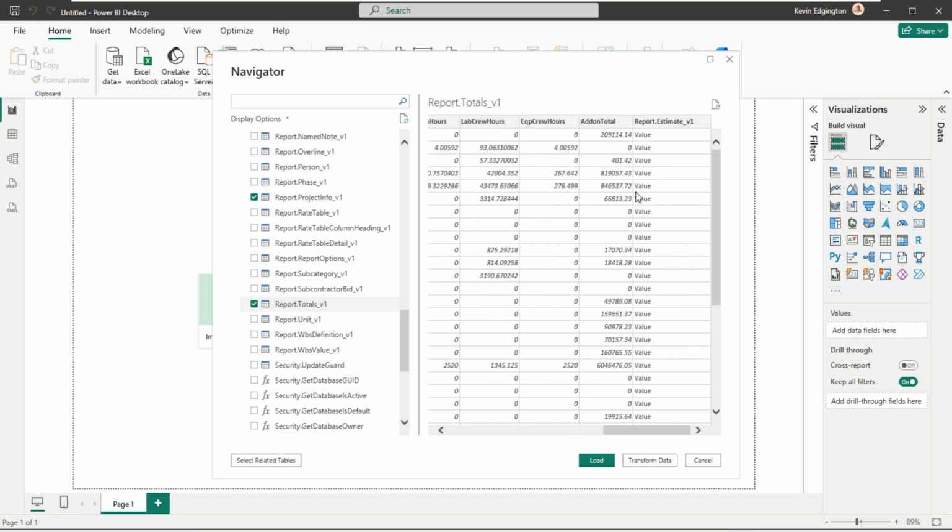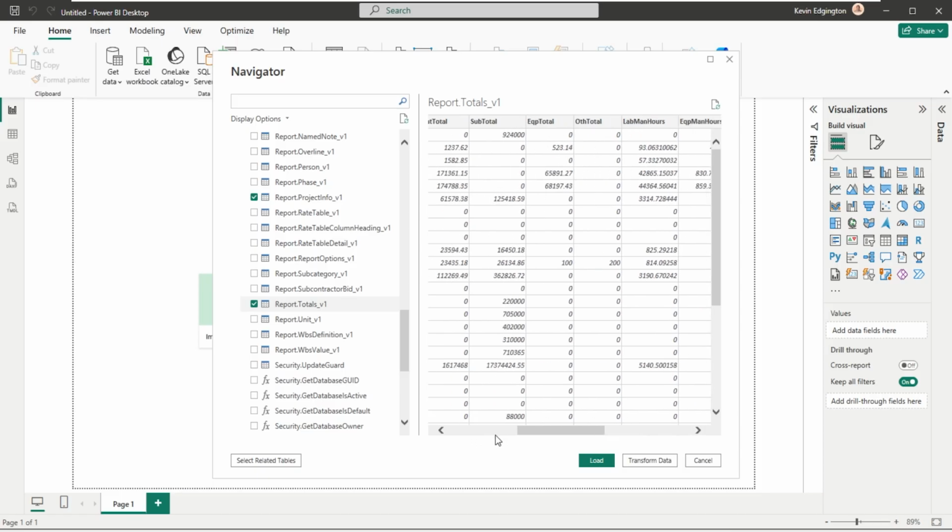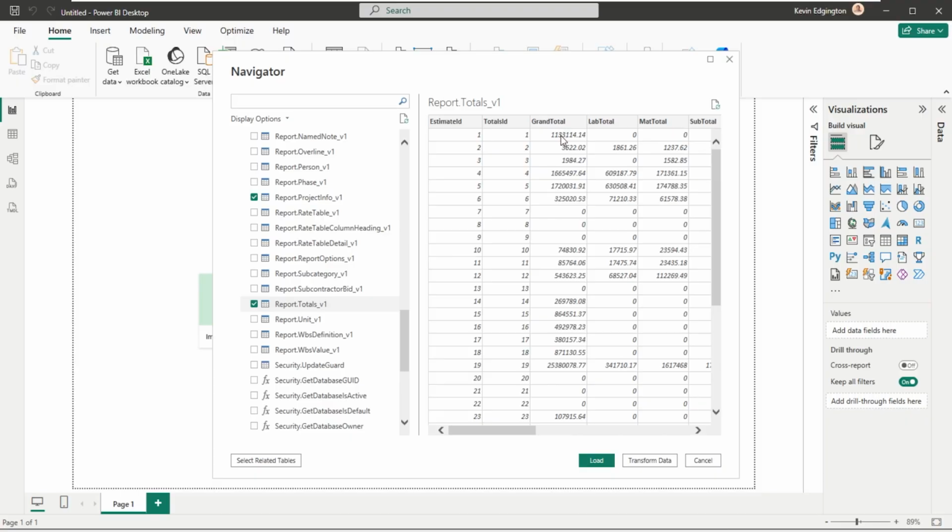So this is a special table that's being built out that has all my different category totals, my add-on totals, my grand totals. So there again, if I was wanting to report and I want my grand total that has all my add-ons in it for reporting purposes, this is going to be the table that I want to use.